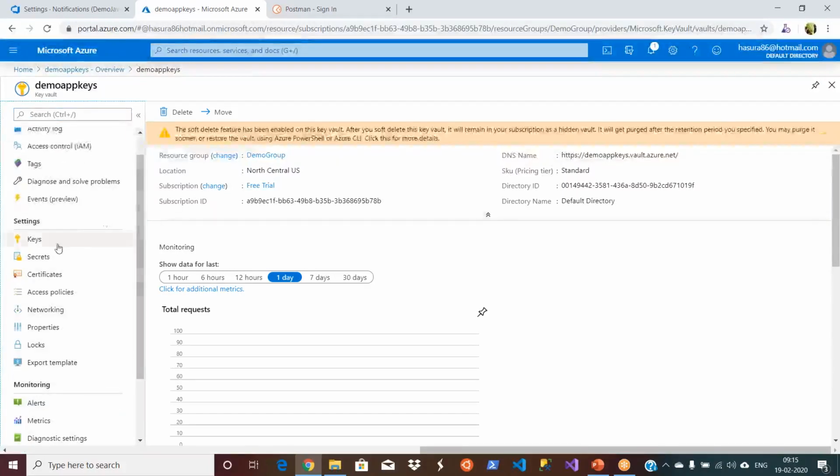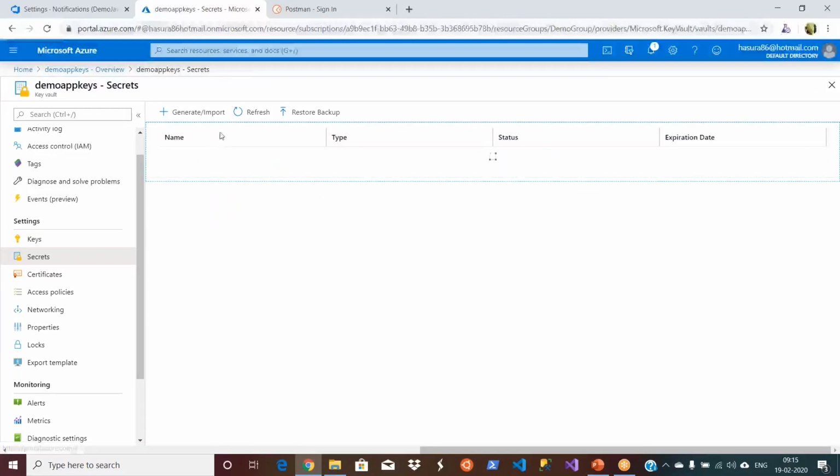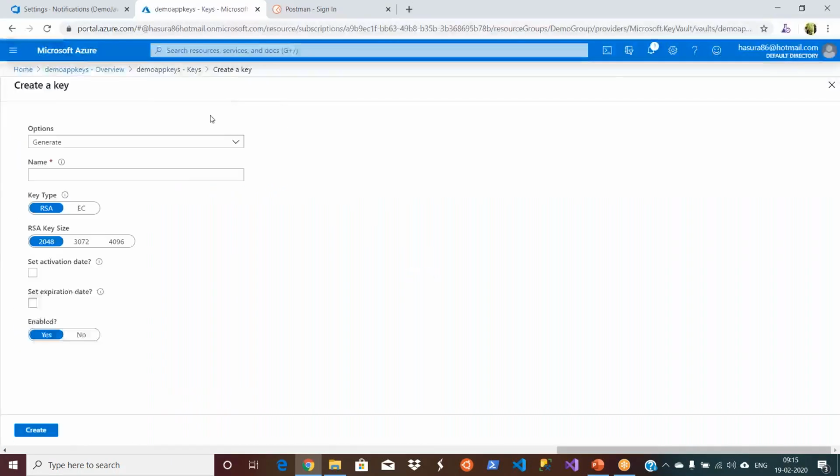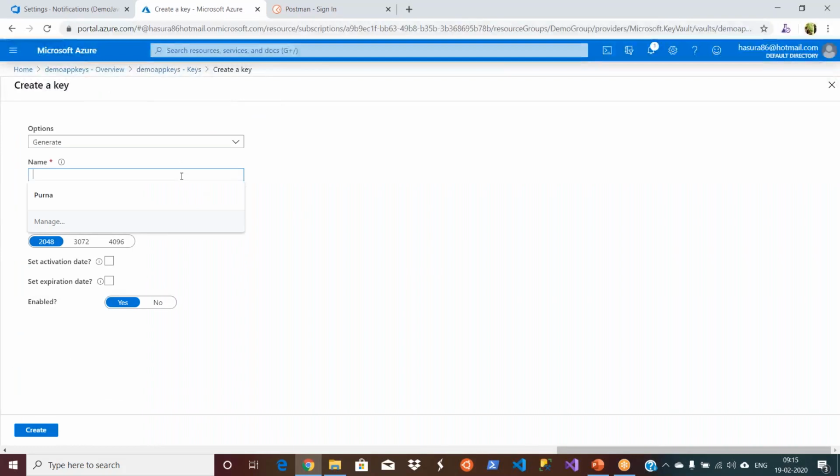So now you created a vault, and you can go and keep your secrets. You can keep your keys. You can say whether it is RSA type or EC type, what the bit size of your key for the encryption is, and you can set up the activation.